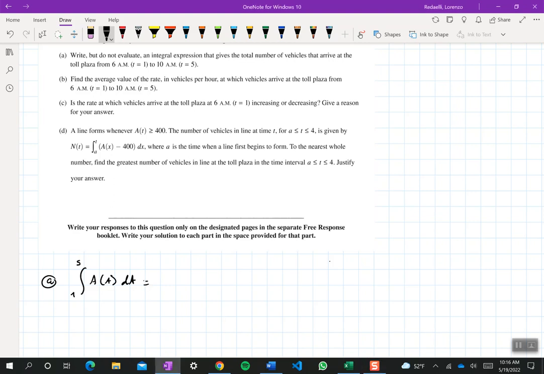So we substitute A of t: the integral from 1 to 5 of 450 times the square root of sine of 0.62t